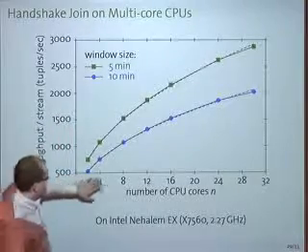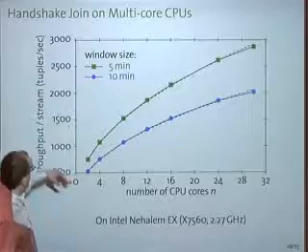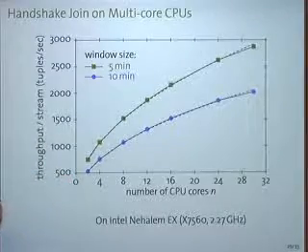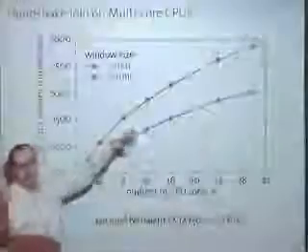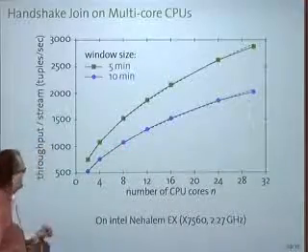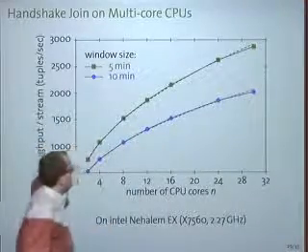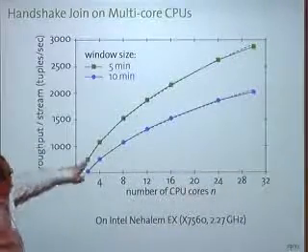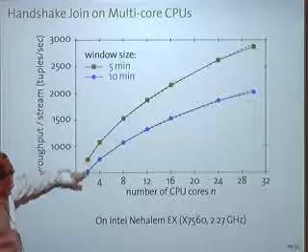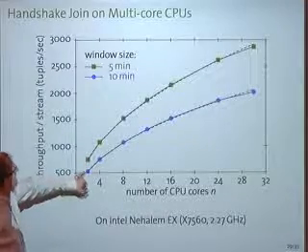As we increase the number of cores, the throughput increases, because the join is n squared in the order. If you increase n, you get a square root. So that's why I have this kind of square root curve, right? And this dashed line shows the estimated performance in the square root, and we're getting that for 5-minute windows, and we get it for 10-minute windows.